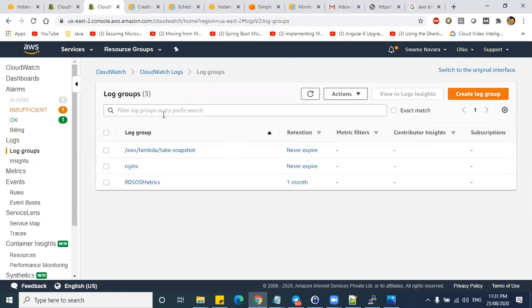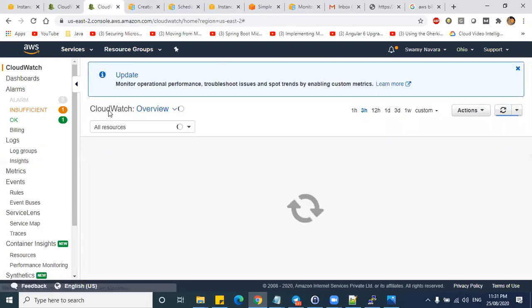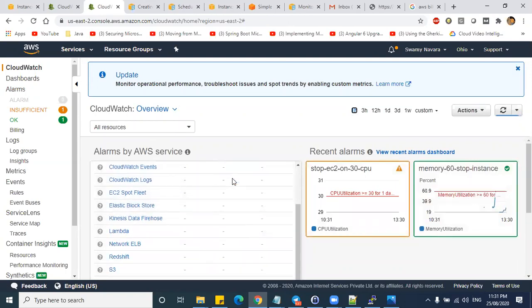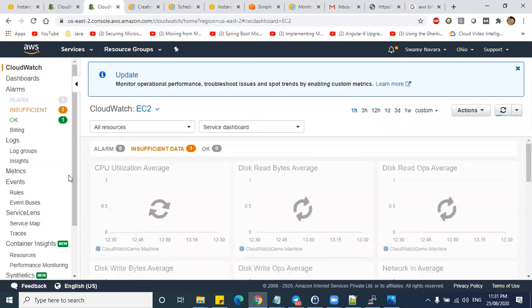Let's wait for around 1 minute. If it is not getting created, then what we can do is, I guess this is a new interface. I did this long back in the old one.